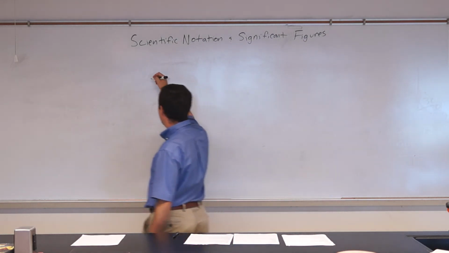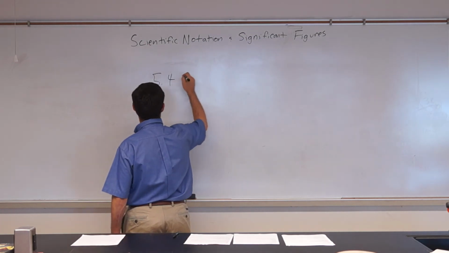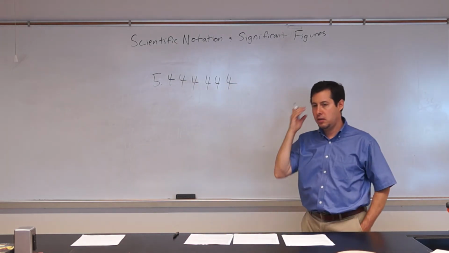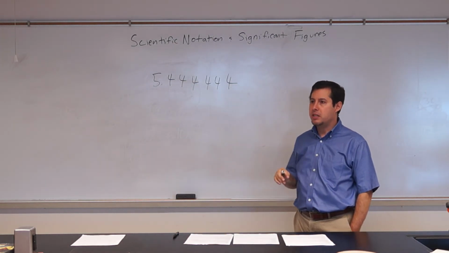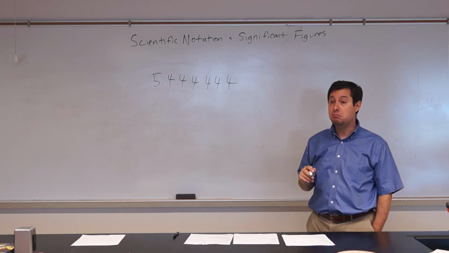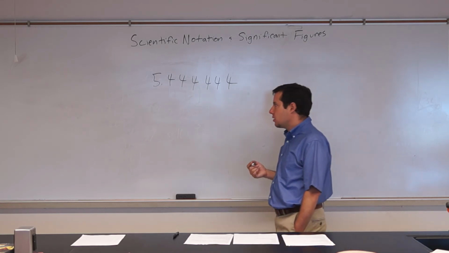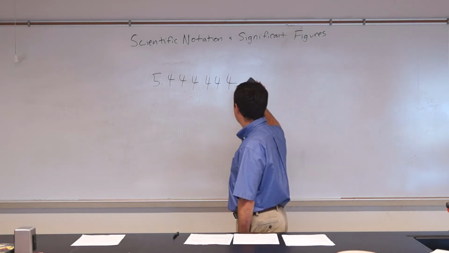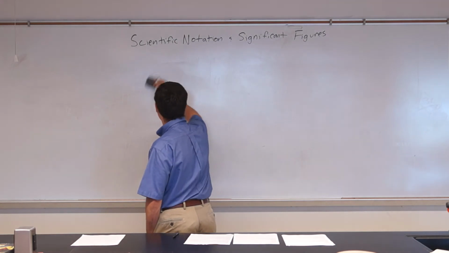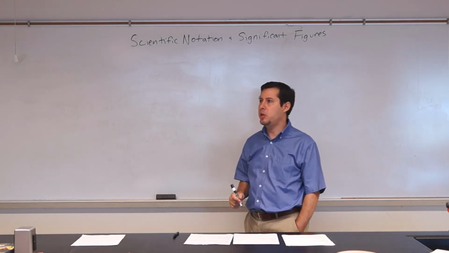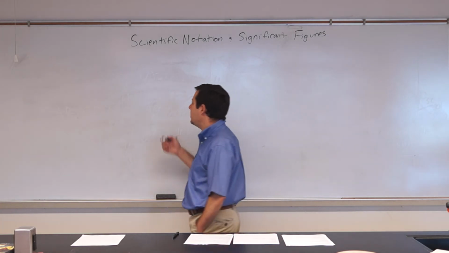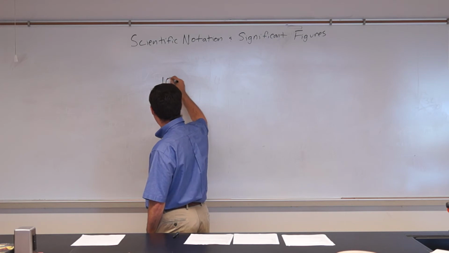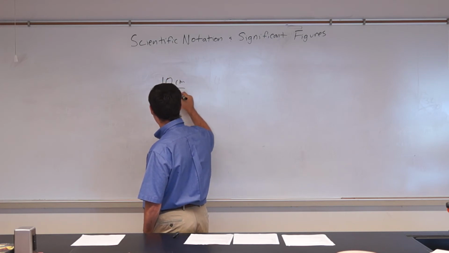So if we have a number and we do a calculation and your answer is 5.44444444, I mean, is that really how accurate your measurement is? Because most measurements might not be this accurate. Let's say that you measure, I don't know, 3 jelly beans, and those jelly beans end up being 10 centimeters long. You want to find the length of each jelly bean, you can say 10 centimeters divided by 3 beans,